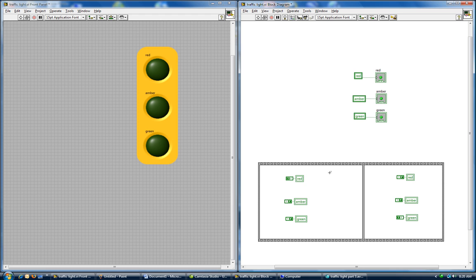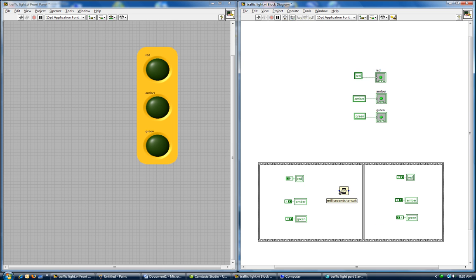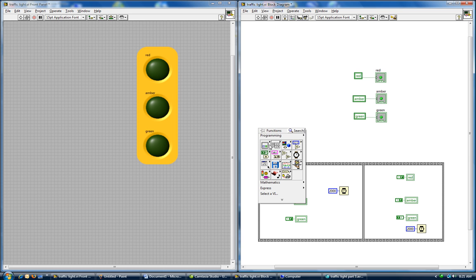Now that we have all objects properly set up in these two boxes, I want to add a time delay in each box. In the left hand side, I'm going to add a 2-second delay, and right click here and create constant and put 2000 to represent 2 seconds, and put a 2-second delay in the second box. We're going to add a while structure around all of this information, so programming, structures, while loop,